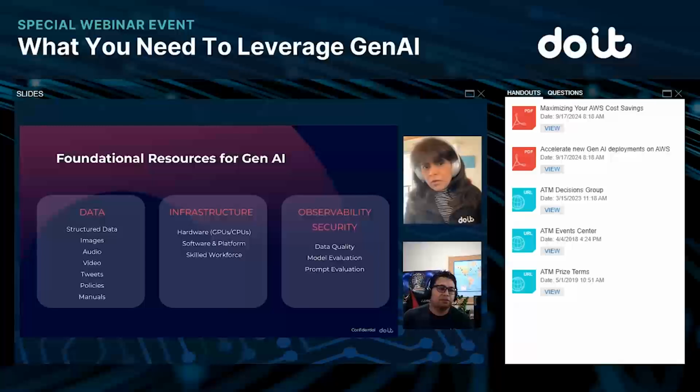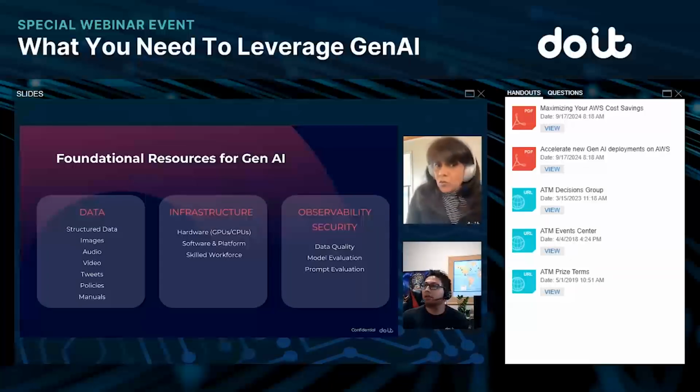But when you are training, that is when you need a much higher requirement of compute, much bigger machines and parallelization as well. So that's where the big difference comes in. And that's where you have to decide whether you want to go with GPUs or CPUs, depending on how much data you're feeding to your GenAI models and how much data you want to train.